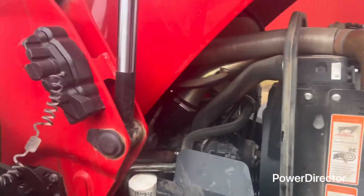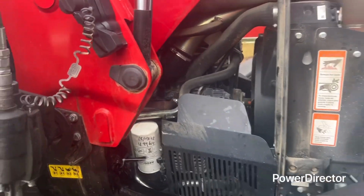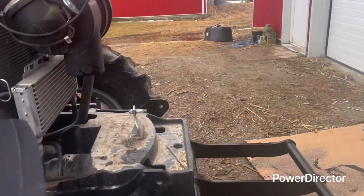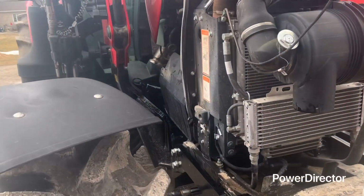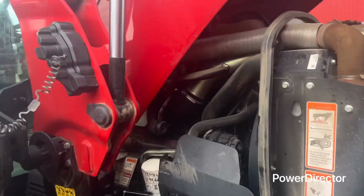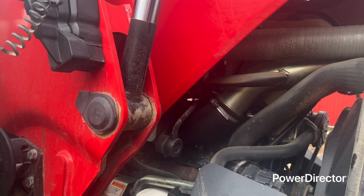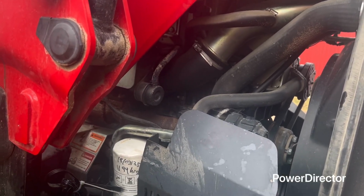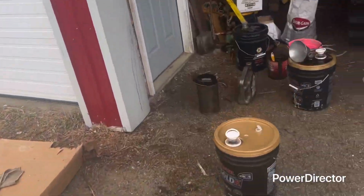There. She's got fresh oil. Only took 2.5 hours. And it's not that I didn't know what I was doing, because I did know. I figured out how to do that the other day. The problem is just there's such little space to work. I can't get my